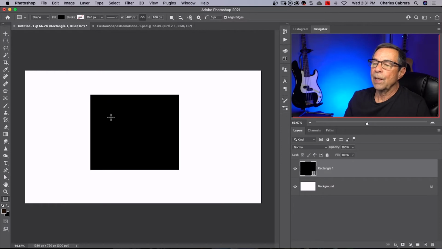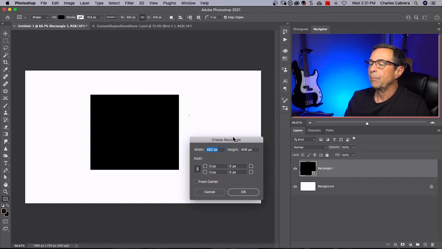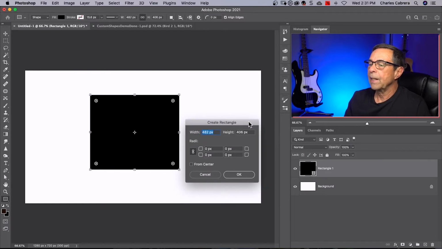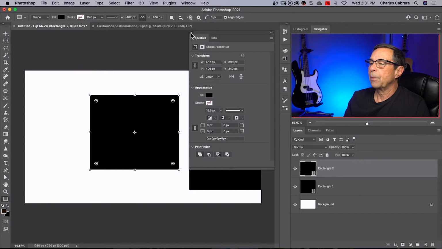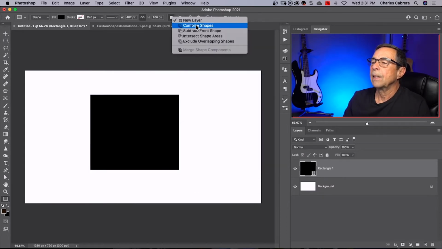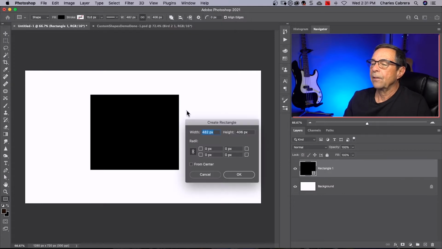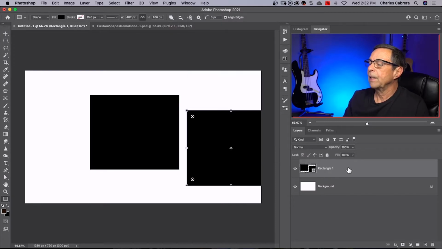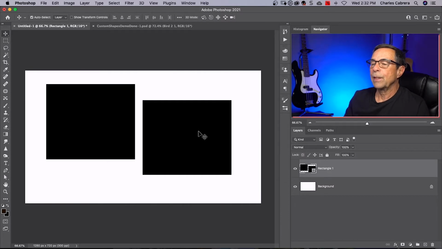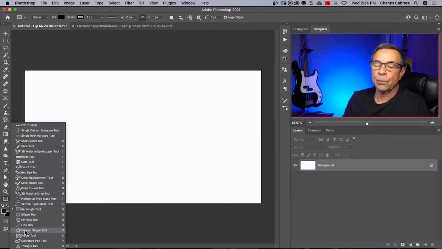And once you've drawn a shape, like in this case, I just drew the rectangle. If I click anywhere in the canvas, it brings up this dialog box and I can create another rectangle here. And of course the properties come up every time I do create a new rectangle. If I come up here and click on combine shapes and click down here again, create a rectangle. If you look in the layers panel right now, you can see that both of the rectangles are on one layer now instead of two. When I moved my rectangle over, they both moved because they are on the same layer. I'm going to change that back to new layer. So something that's kind of interesting to do with shapes.